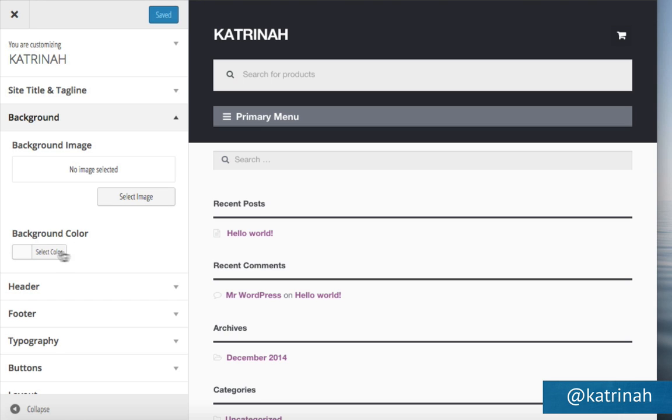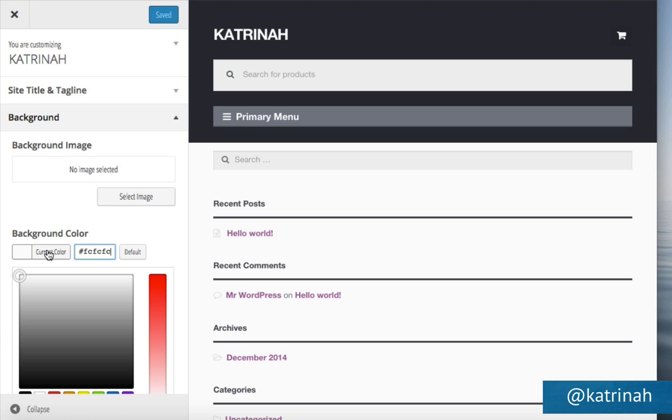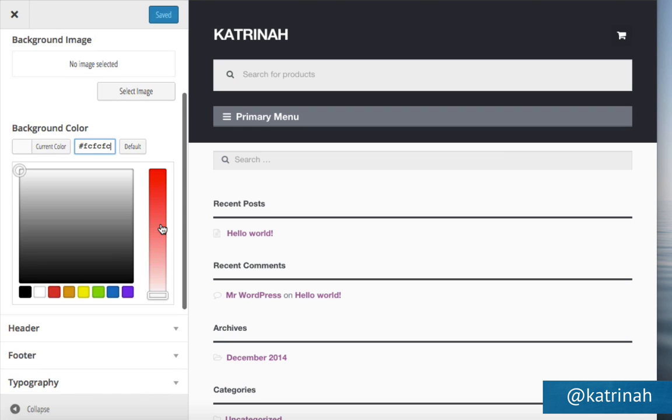For the background color, I'm going to click on Select Color right here. We can see by default there's a kind of off-white color right here. So I want to keep this really clean, very clean and white look. So I'm going to use totally white right here by clicking on this white box, and here we can see the color code changes in this box right here.